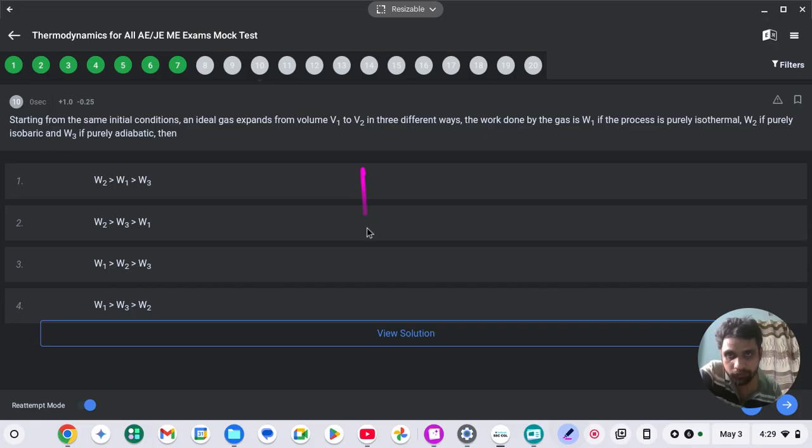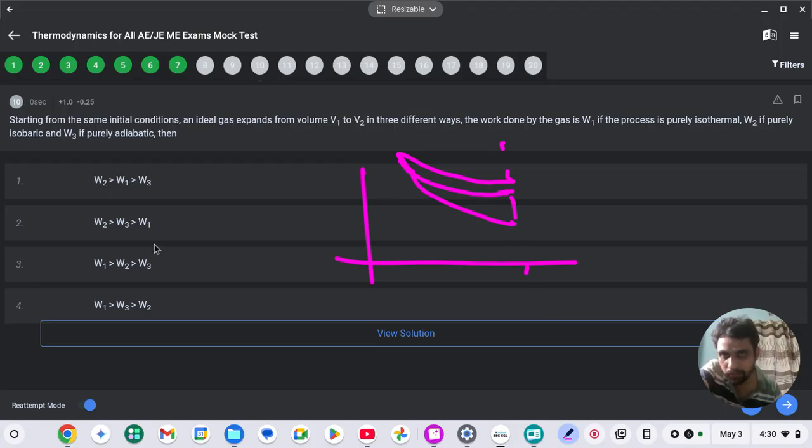So we know the graph, it is expansion. So adiabatic, isobaric and isothermal. It is isothermal, suppose temperature, it is PV equal to constant. So which graph will be isobaric and which graph will be adiabatic? This is isothermal, so isothermal will be in middle, so W2 will be in middle,